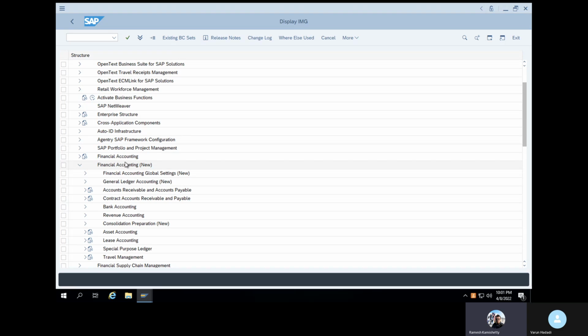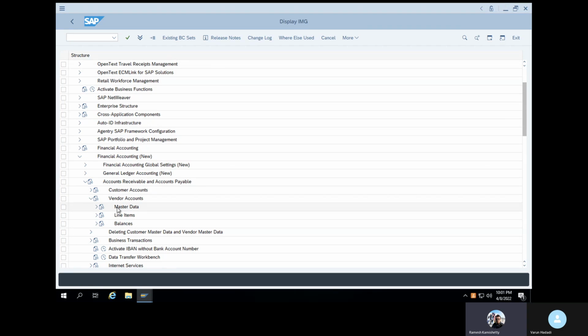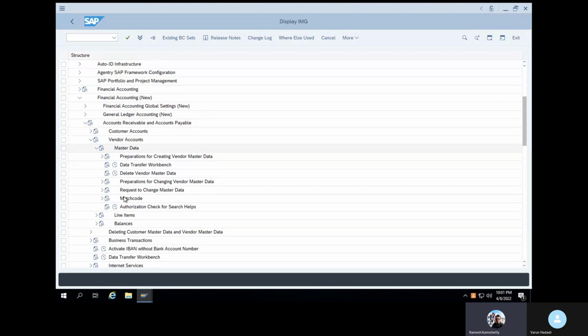Account receivable and account payables. Account receivable, yeah. Vendor account groups. Vendor accounts, yeah. Master data. Preparation for creating vendor master data.